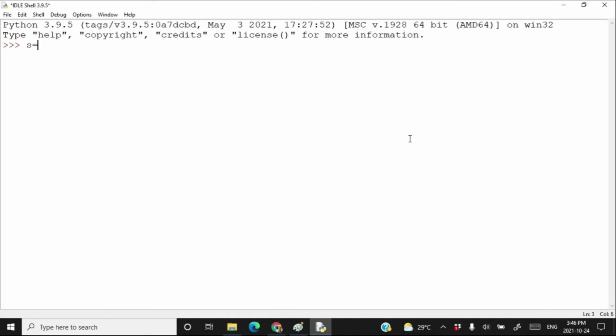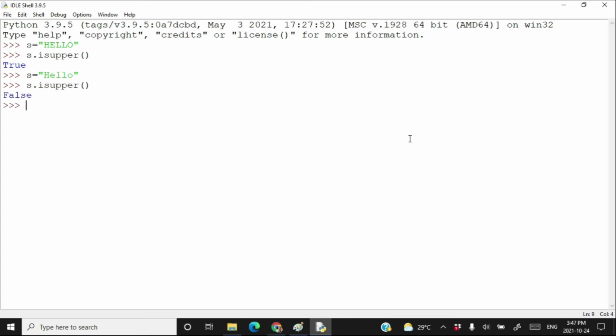Create a string s is equal to HELLO, all in uppercase, press enter. s.isupper is true. If I create s is equal to a string with only the first letter H capital, s.isupper is false.